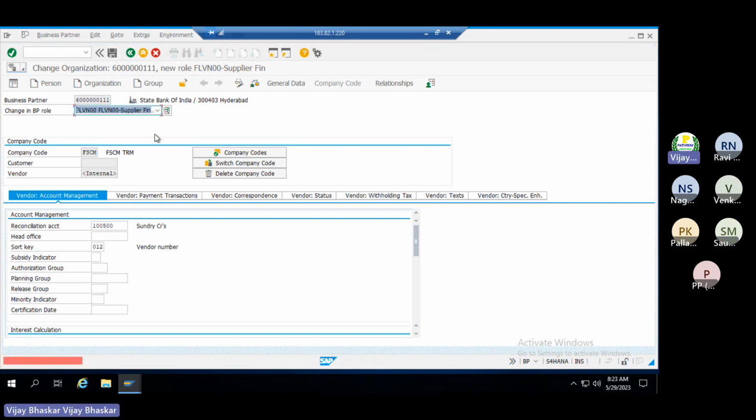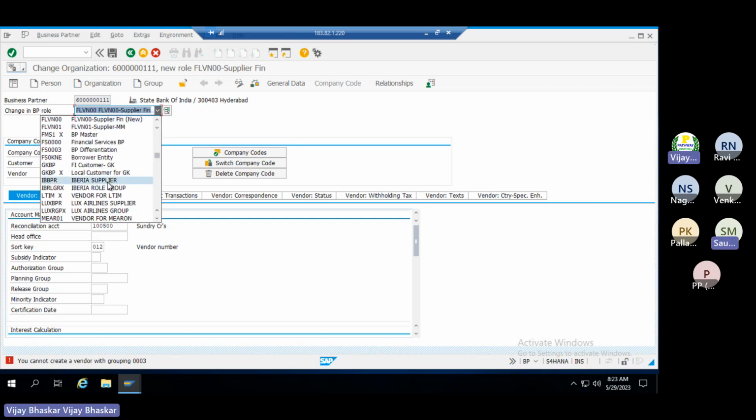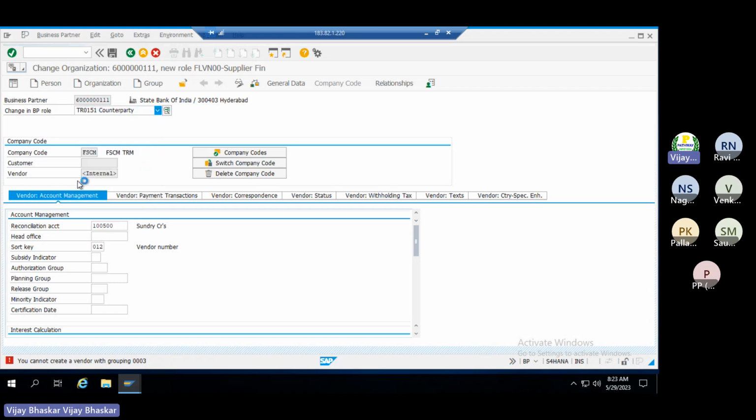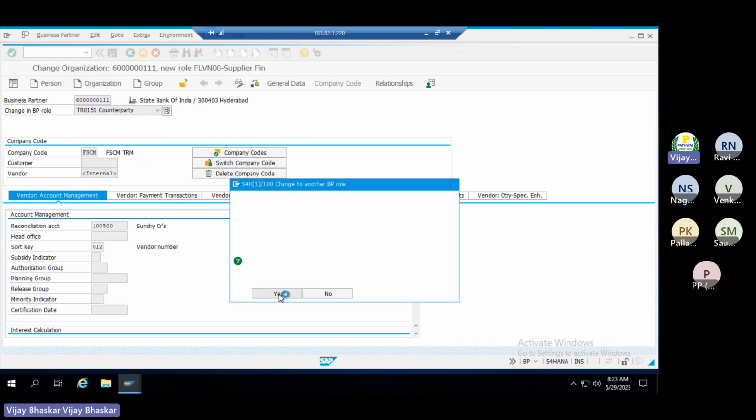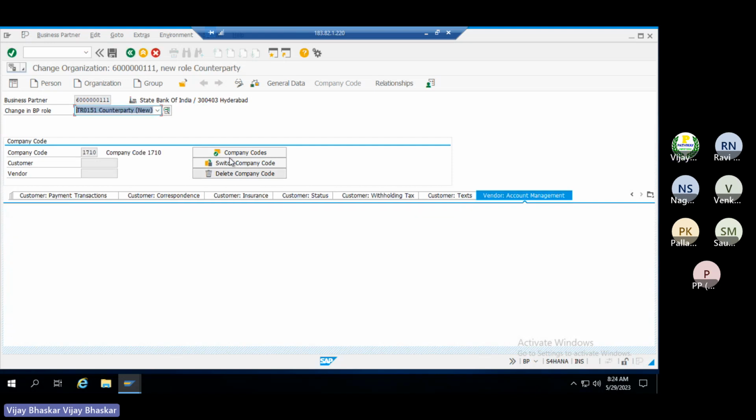First of all, we need to assign one more role. Vendor, you cannot create the 0003. Okay, let me create the TR0151 first, with the counterparty role. Because here I can assign the standard instructions, which is the company code. Yes, here I can assign the